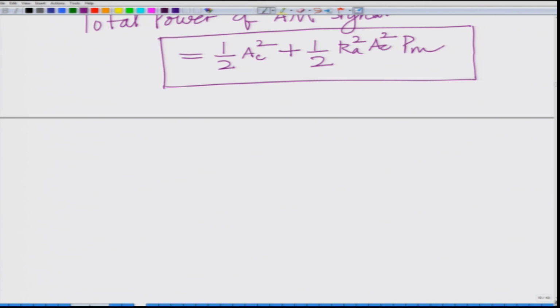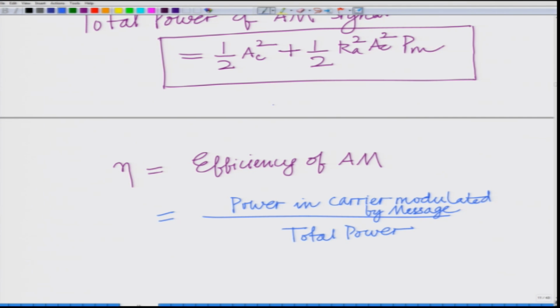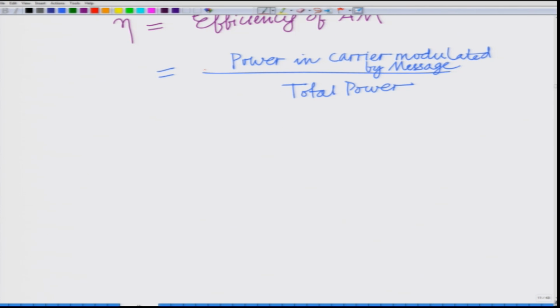So, eta, the efficiency of AM, is equal to the power in the carrier modulated by message divided by the total power, and this is because, remember the justification,